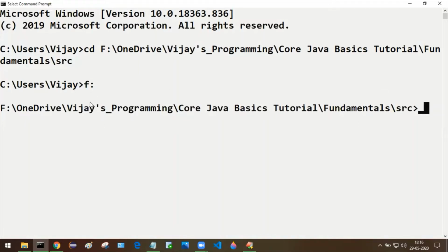In my case I have saved in a drive other than C, that is the F drive. That is why I'm giving F, following that the colon. So now we are in this particular folder location. From here, I'm going to trigger the command by using the -d and -cp options.